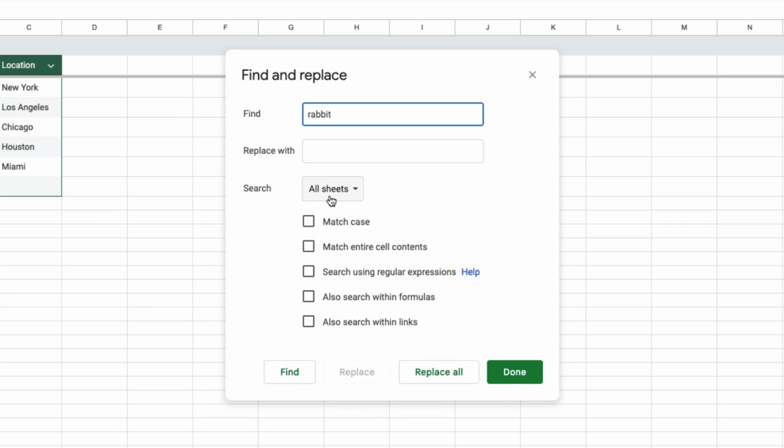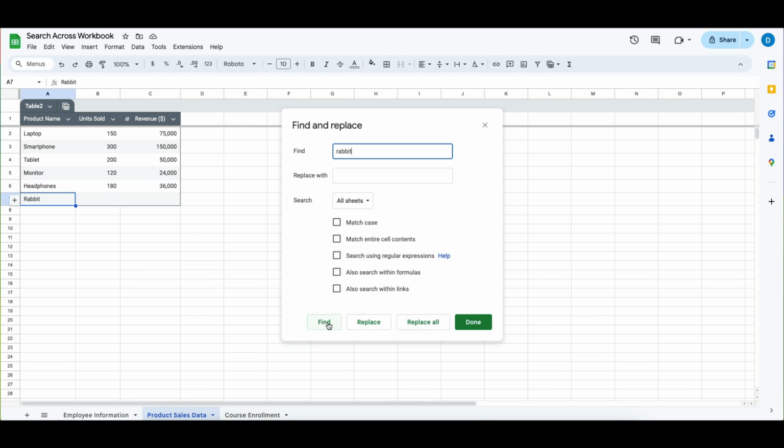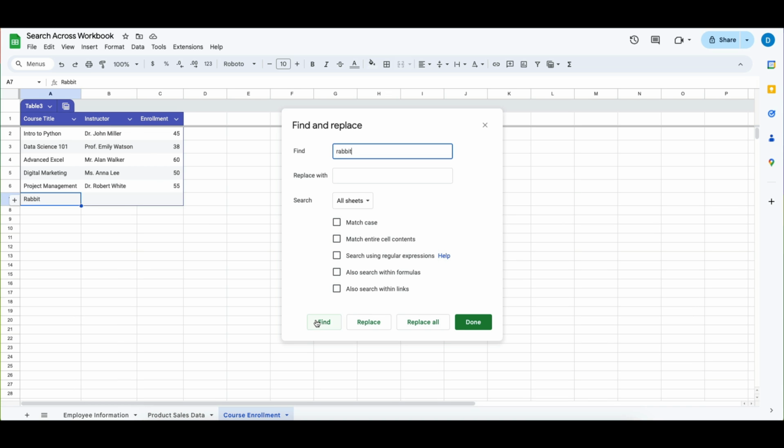Here is where you will have the option of searching all sheets or just this specific sheet or a specific range. So once you select all sheets, then select Find, you will then be able to locate that word in